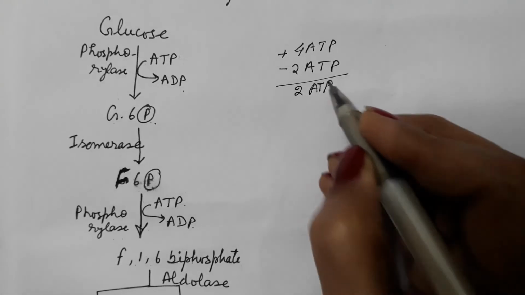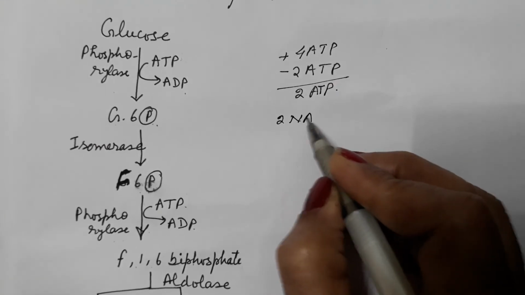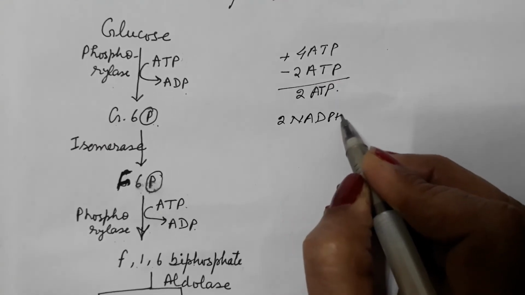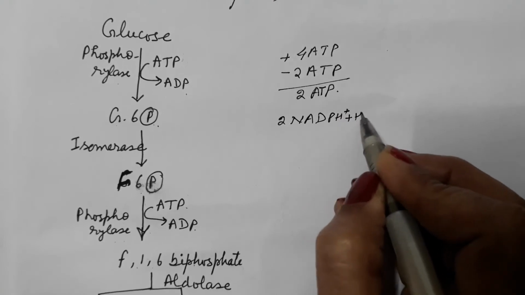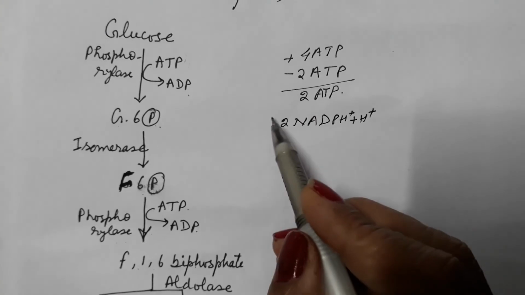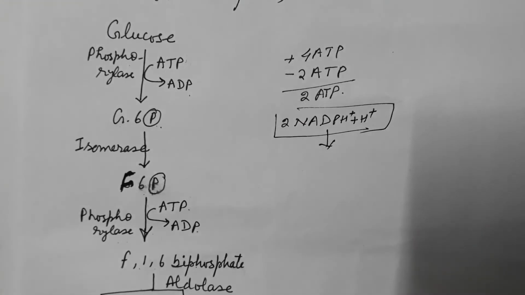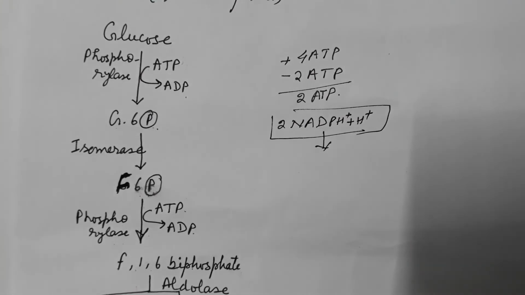और क्या प्रोड्यूस हुआ है यहाँ पर? 2 molecules of NADH2 are produced here. These molecules, in the last step of aerobic respiration, that is the oxidative phosphorylation,